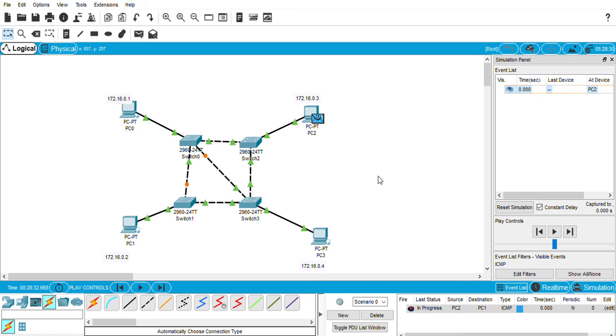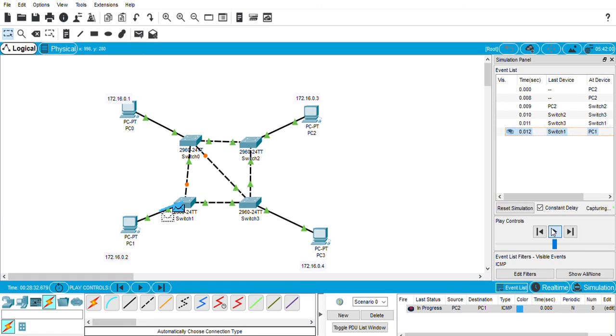Because of the connectivity issue, it was shown at the beginning that it was not ready. Now it's getting ready to transmit. It checks the possibility. If these two switches are not communicating, it checks the other alternate switches to reach the other end device from the source to the destination.